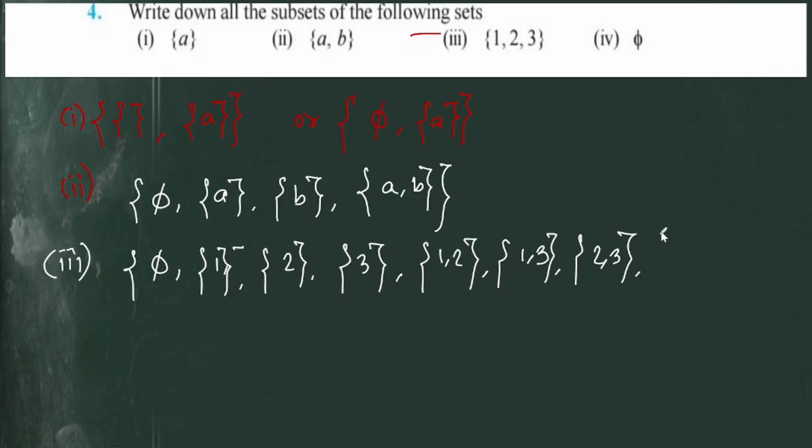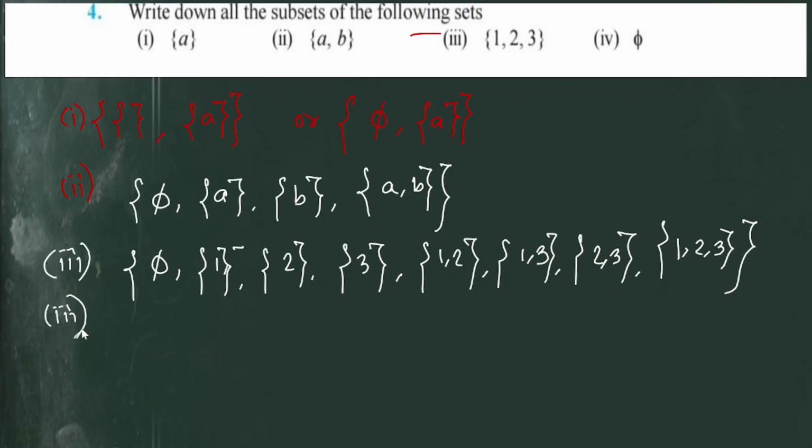So if you are maintaining order, then you cannot skip any set, like 1 2, 1 3. If there were other elements 4, 5, 6, 7, we would write 1 2, 1 3, 1 4, 1 5, 1 6, like that. So 1 2, 1 3. Next we will start from the second element, 2 3. If there were other elements 4, 5, 6, we would write 2 3, 2 4, 2 5, 2 6. So 2 3, and there is no other element, so we'll write 2 3 only. Then the set containing 3 elements, 1 comma 2 comma 3. Okay, no more subsets are there.